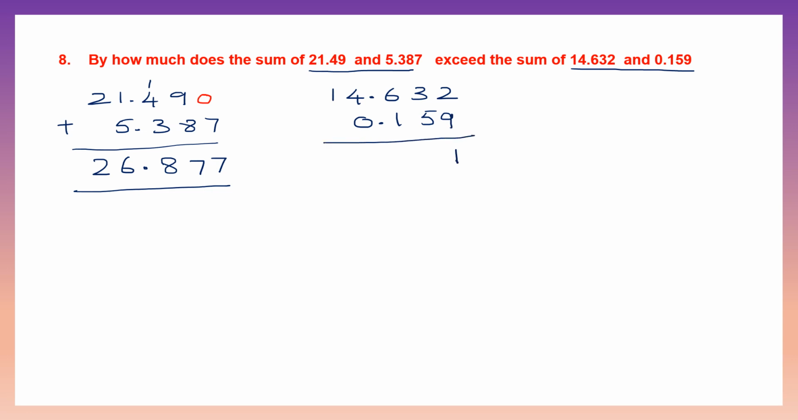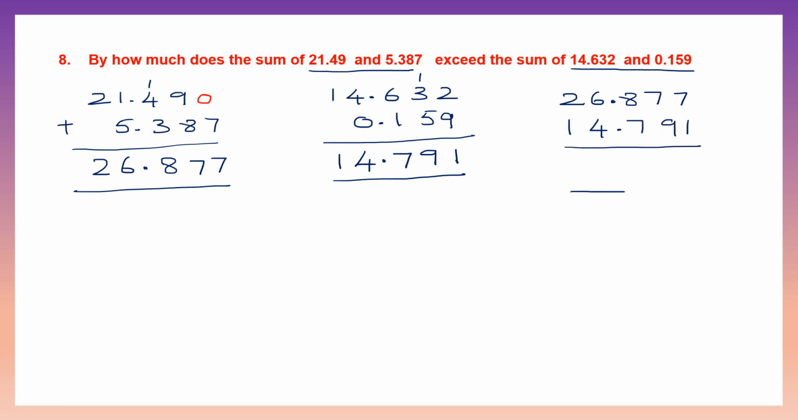2 plus 9 is 11, carry 1. 1 plus 3 is 4. 4 plus 5 is 9. 6 plus 1 is 7. Then we have 4 and we have 1. So now we have two answers. Let's subtract the two answers. 26.877 and 14.791. So these two answers we're going to